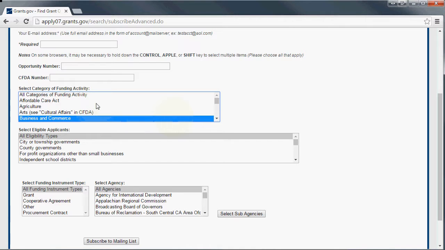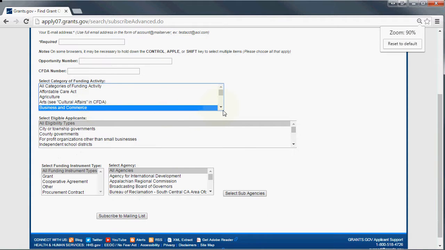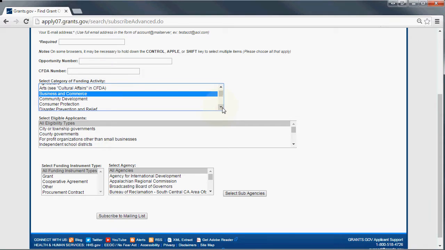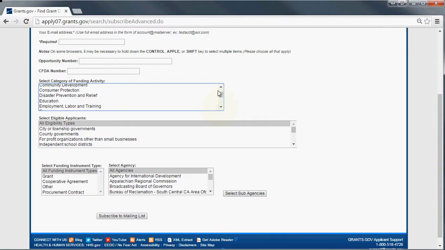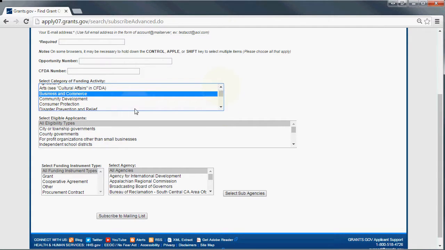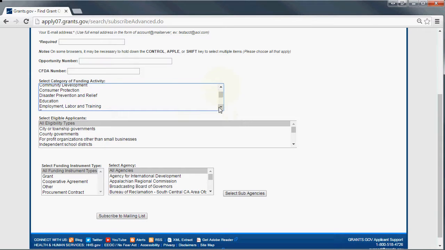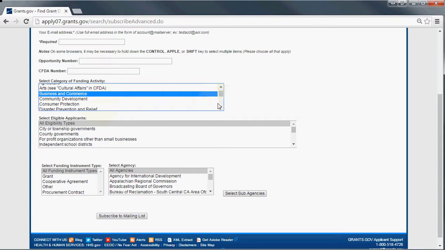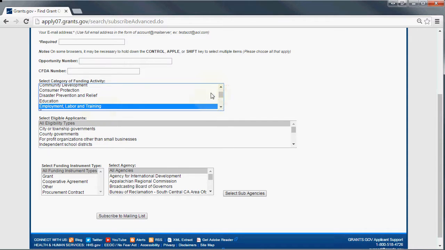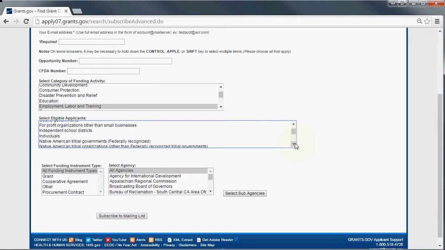You can also hit the control key if you're interested in looking at several different categories. So if you wanted to do business and commerce, but then you also wanted to look at employment, labor, and training, you can hit the control key and it will select both of those activities. In the next category, you're also going to have the eligibility. So you can scroll down and select Native American tribal governments, which most likely would be the mode in which